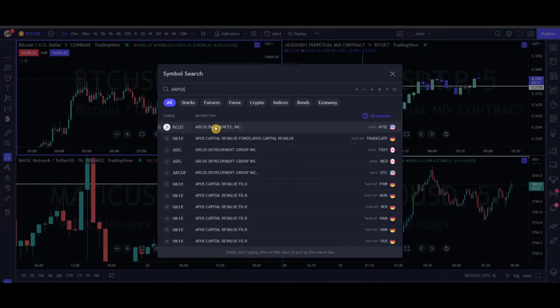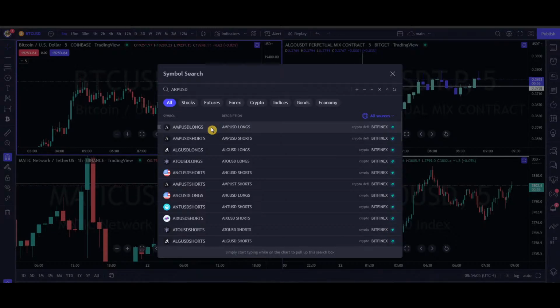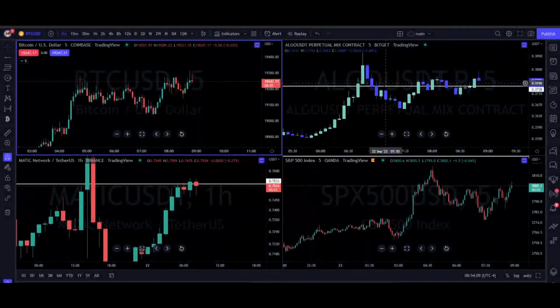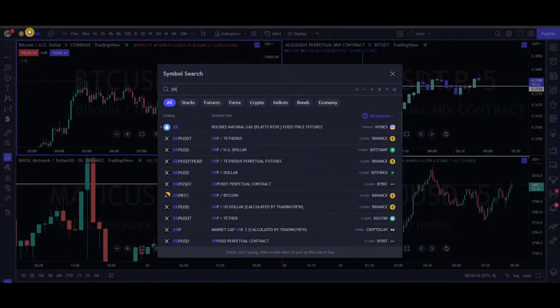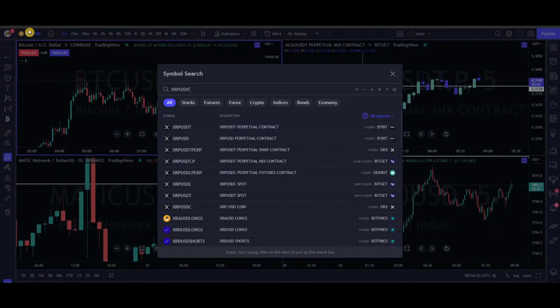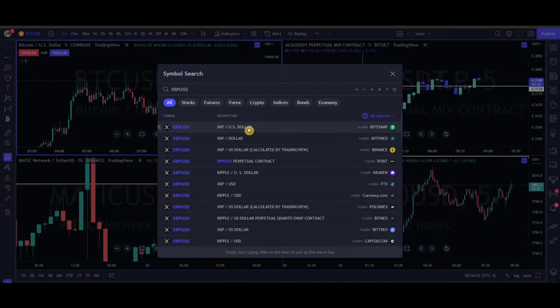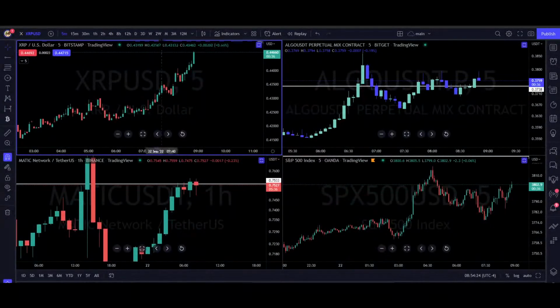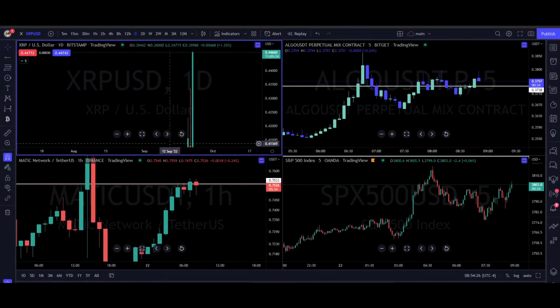I don't know if it's a crypto or not. This says AMP. I don't know if it's a stock. XRP, not ARP. Yeah. Oh, XRP's got a lot of stuff going on right now with the trial and whatnot. Oh yeah, it's been uber bullish.